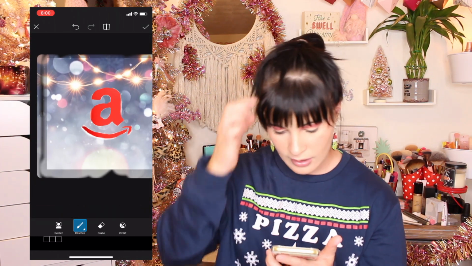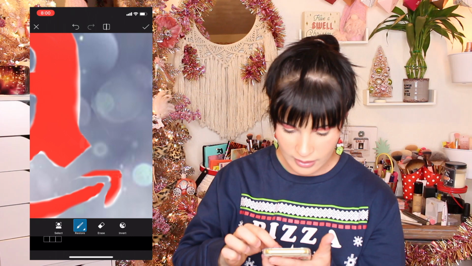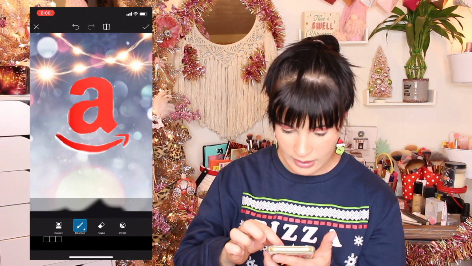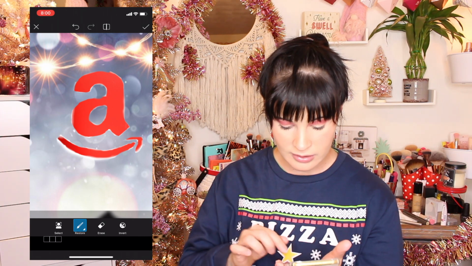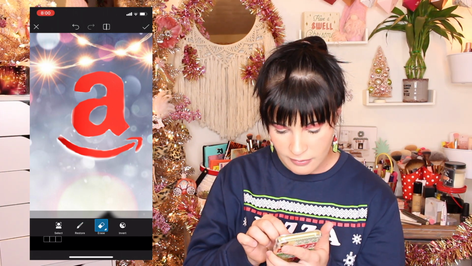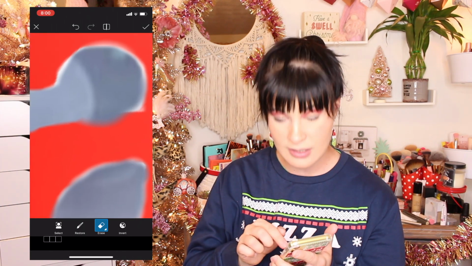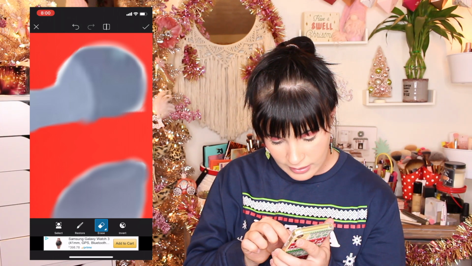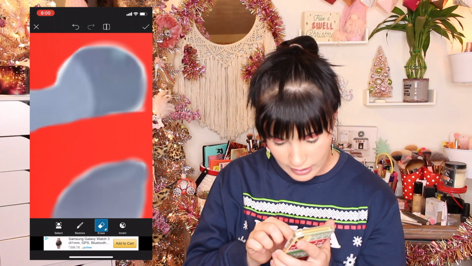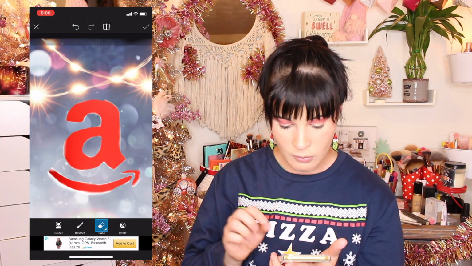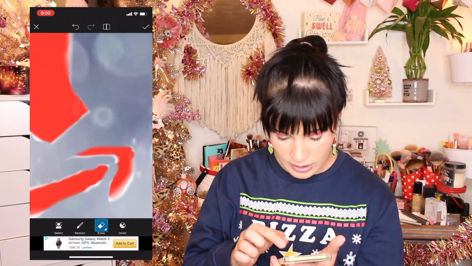Okay, so once you get done filling in everything, you can decide if you think it looks good, but you can also go back in with the erase feature. If you went in too close, like I did here with this darkness, your eraser will then act as the other image, and you can erase that part. So once you think it looks pretty good,